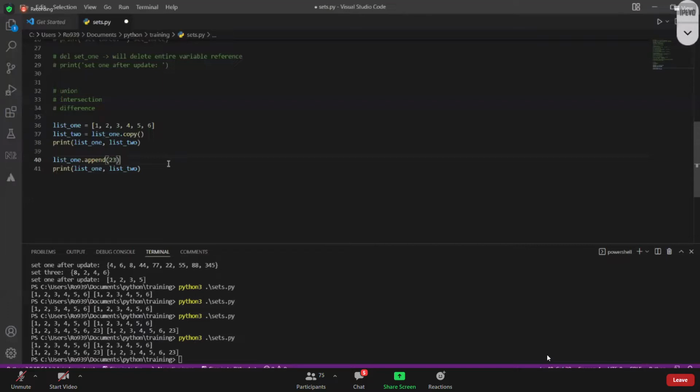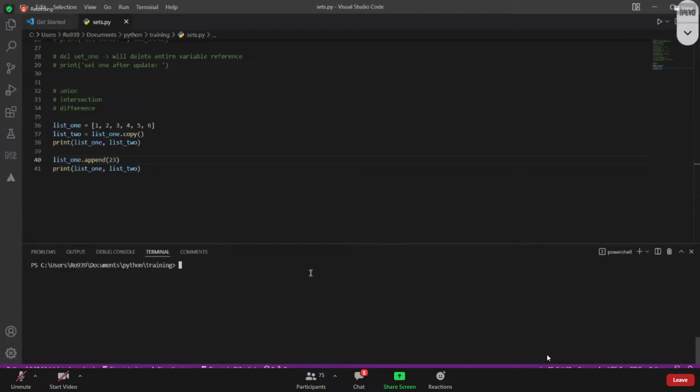What mistake am I making here? Okay, I didn't save it. Sorry. So you also need to make sure that you save the file every time you make some change. Right now I didn't save it and I'm trying to run it, so I'm getting the same output. Now here you don't see 23